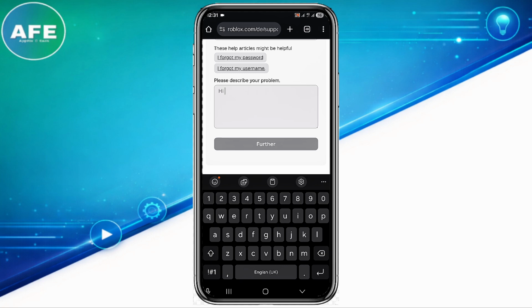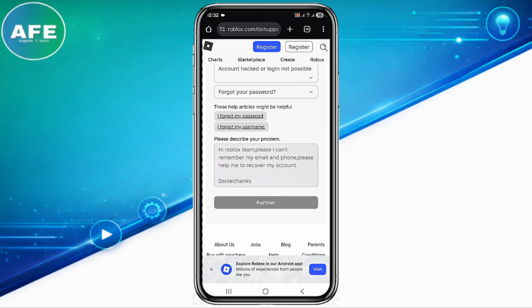So let's say, hi Roblox team, please, I can't remember my email and phone number. Please help me to recover my account. Daniel, thanks. Then go ahead and click on further at the bottom here. After inputting all the details, wait for a couple of days, 1 or 2 days, and Roblox is going to help you to recover your Roblox account back, or give you feedback if